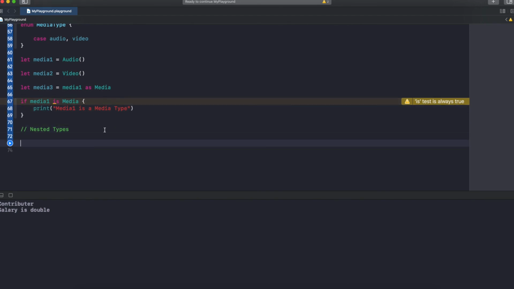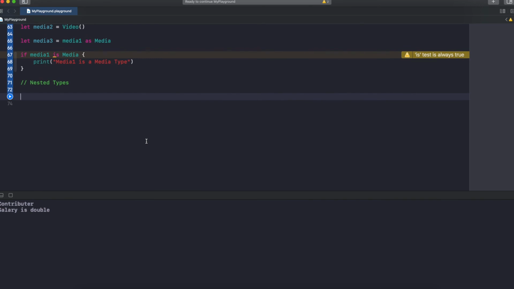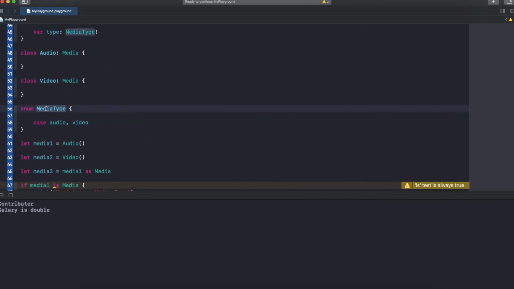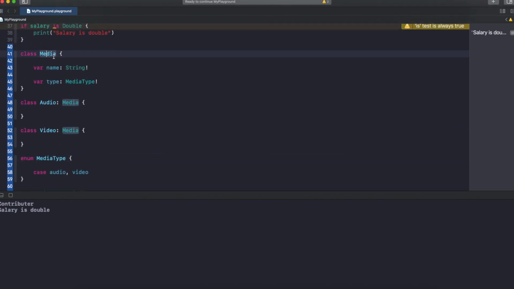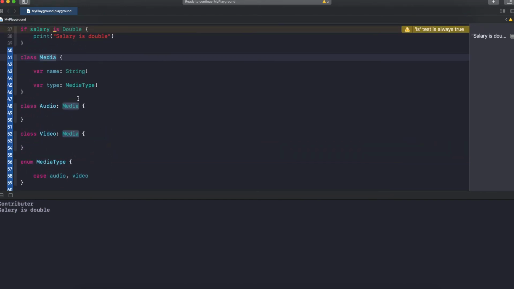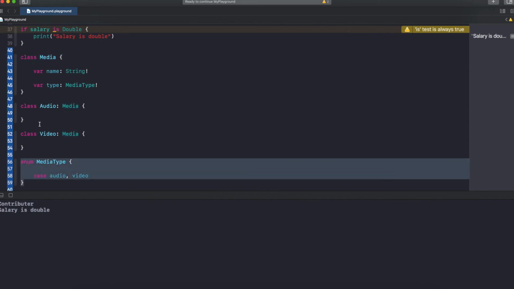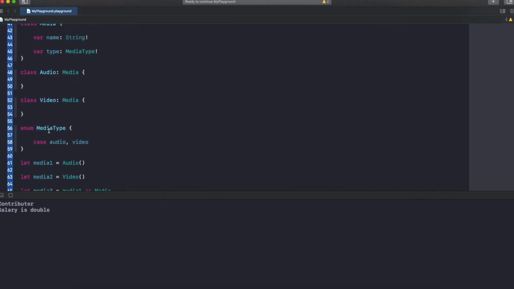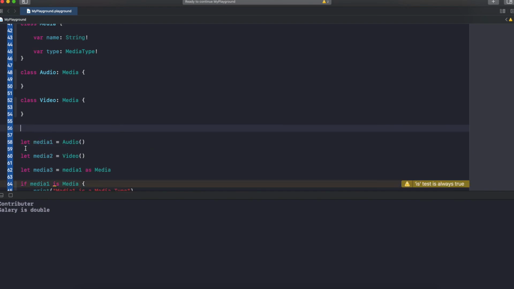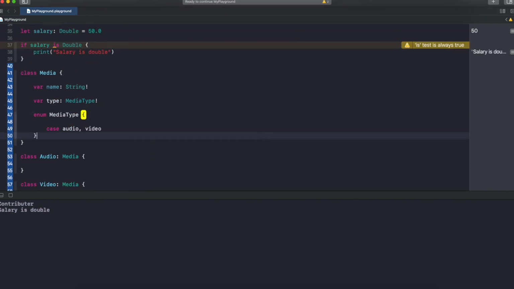And then nested types. As we have seen here, this media type is going to fall under this one, right? Each media will have a media type. So instead of writing this media type outside the media class, I'm just going to make a few changes. I'm going to declare it inside the media class, so inside media class I'm having an enum called media type, and this type refers to the media type.